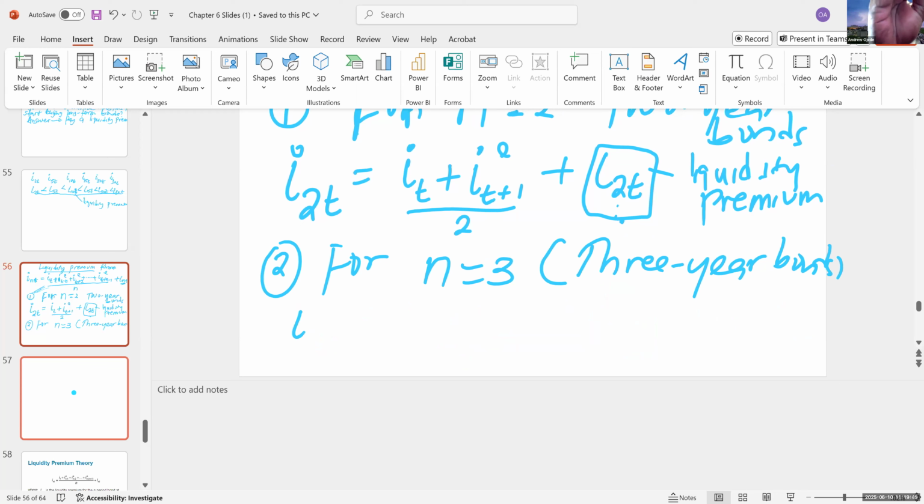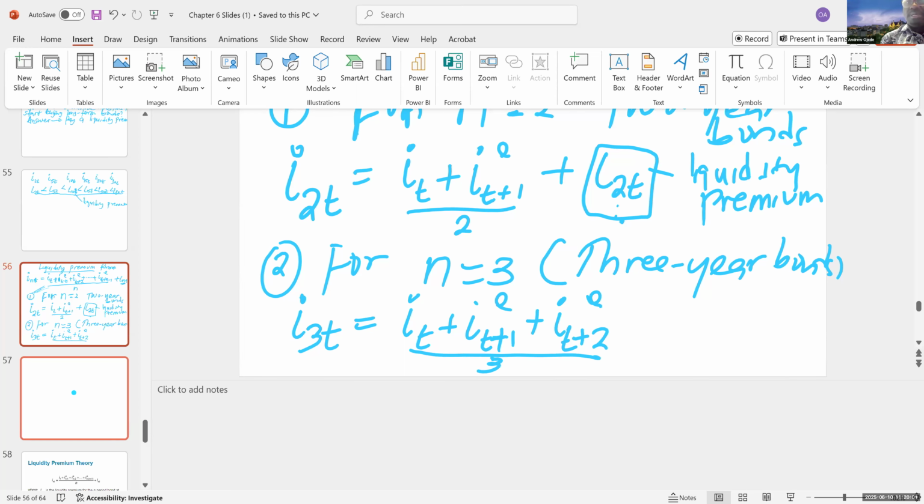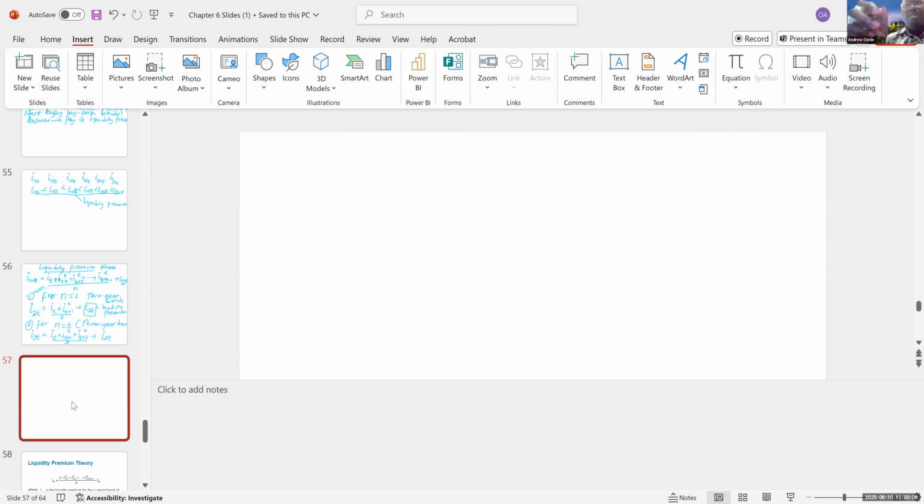The liquidity premium formula for a 3-year bond is I3T must equal IT plus IT plus 1 expected plus IT plus 2 expected divided by 3. And then you're going to add the liquidity premium for holding a 3-year bond. Then we can go to